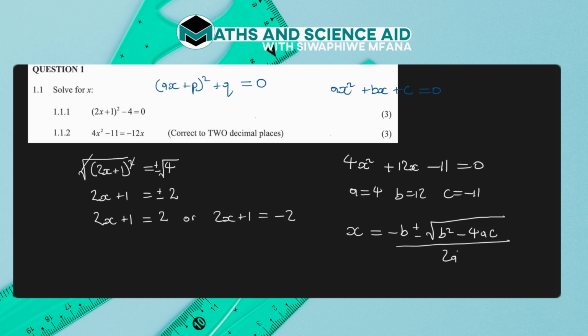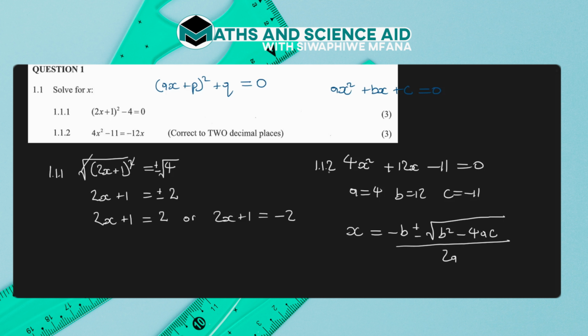And so you just simply need to substitute in all the values and then just punch that into your calculator as it is. All right. And you can either start by writing the positive here to get the first value of x, and then write the negative in order to get the second value of x in your calculator. So that is how you can do 1.1.1 and